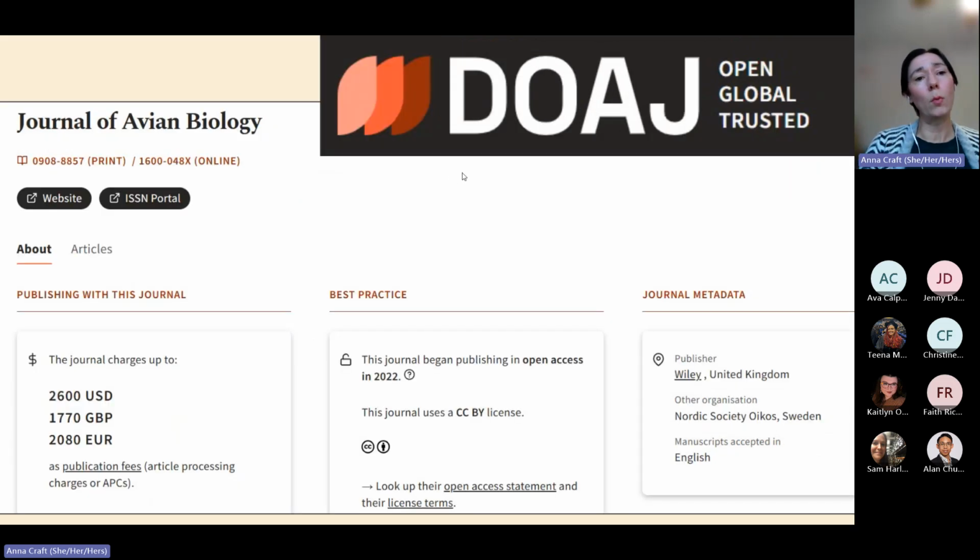When I click through to one of these journals, I can see a fuller record, and this is just a snippet of the information. So it tells us about the costs in different currencies, about best practices that they might be operating under, and tells us more about who the publisher is, if they're associated with different professional or academic societies, and stuff like that. So this journal being listed here is a positive sign for anyone wanting to publish open access with them.